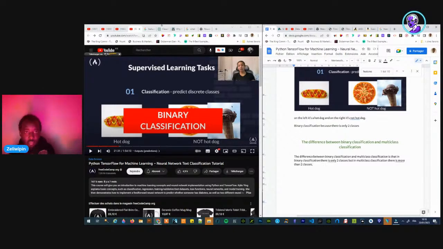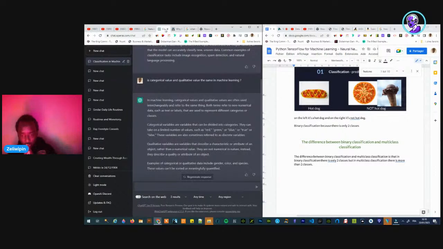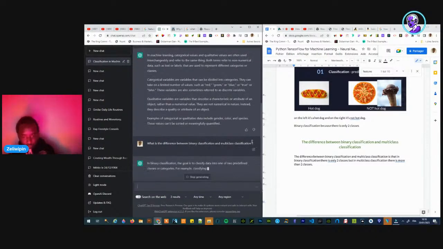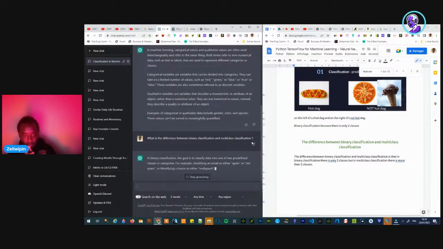Okay, I will ask ChatGPT what is the difference between binary classification and multi-class classification. In binary classification, the goal is to classify data into two predefined classes or categories.